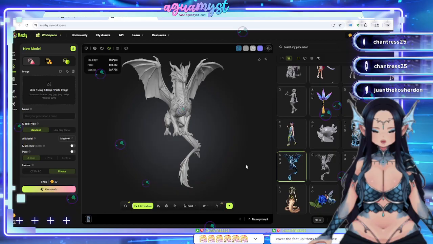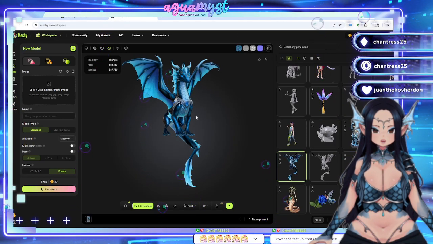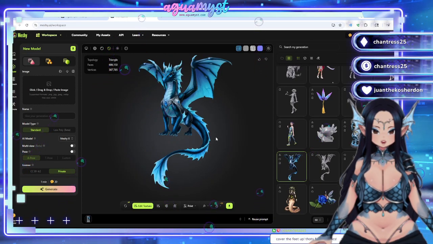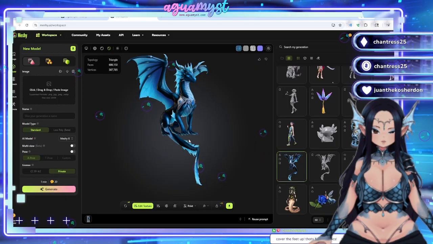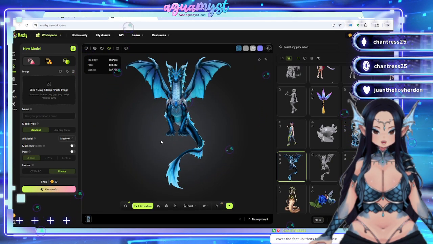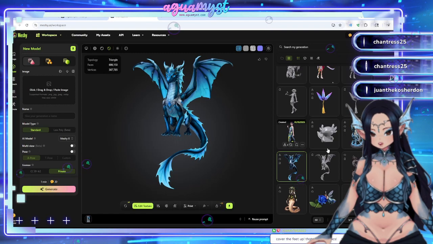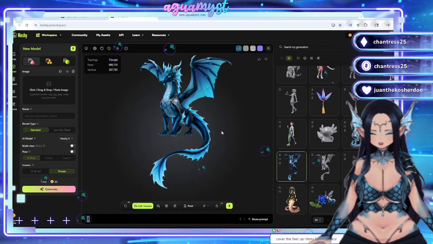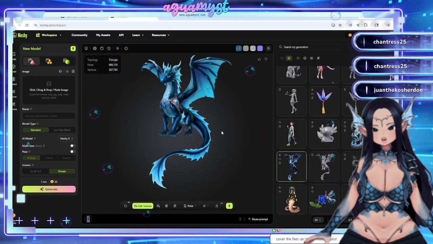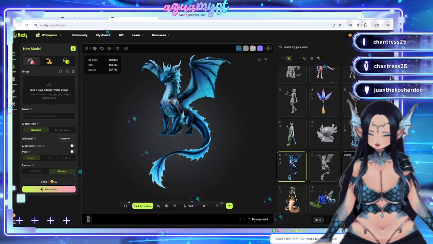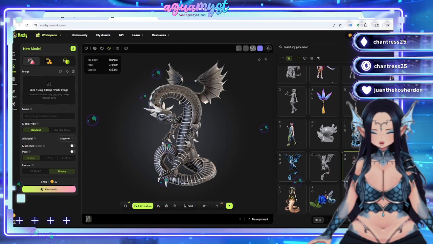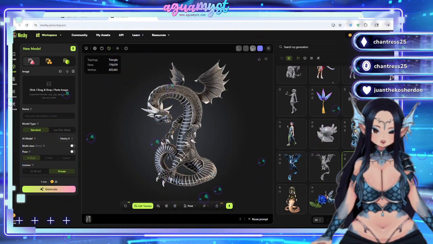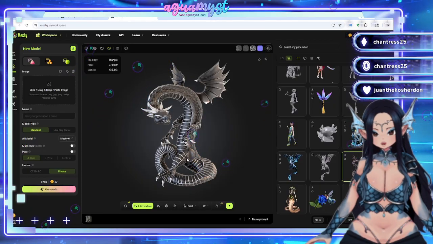And I also created her in a dragon form. So this is her dragon form for my VTuber model. So maybe one day I'll get her to transform into this. Cover the feet up. That's free feet. And this dragon is actually a concept from something I drew when I was in high school